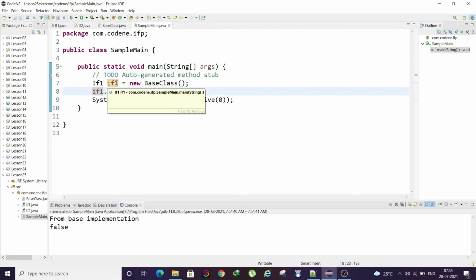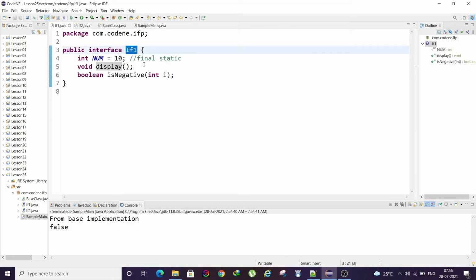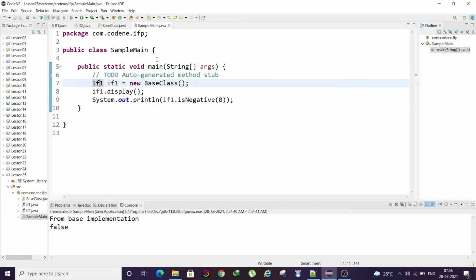So this helps you in abstraction. How is that? For example, if there is a large code base and someone wants to see the interface, means they want to go to the root of this implementation. If they click on this, they will only get this interface, right? They will only see the main interface. So this is how abstraction will work, okay? So interface provides you with absolute abstraction, okay?